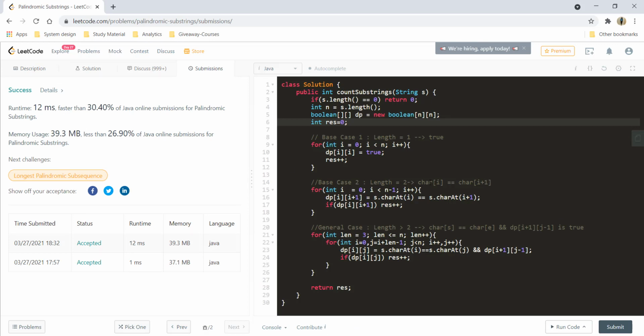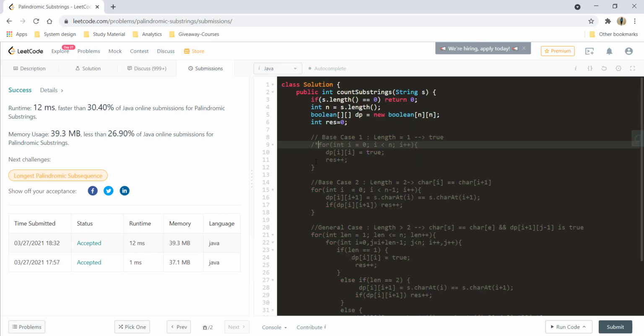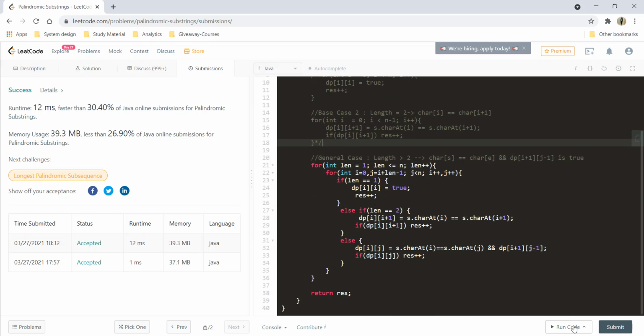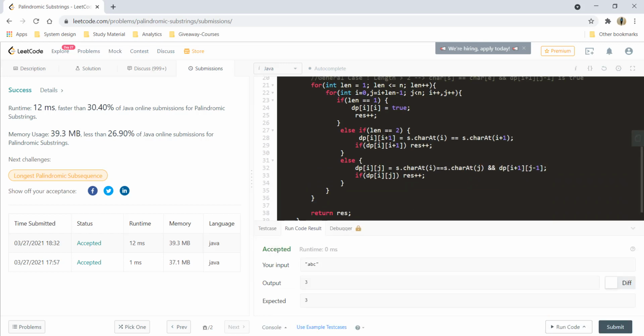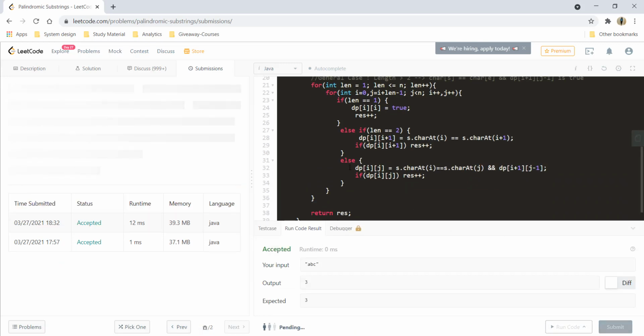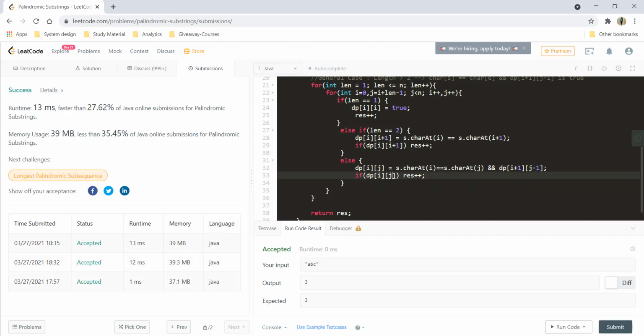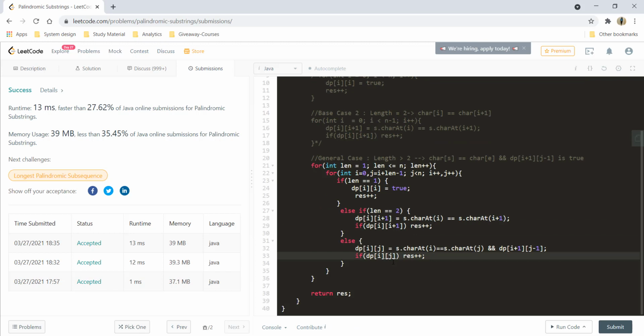The time complexity, as we talked about over here, is O of n square, and the space complexity is also O of n square. The only thing that you can do for this is, instead of writing these two loops, you can actually combine all these into this particular loop. Let's comment this out and run the code, and it's giving a perfect result. You can submit this one also and it would be submitted. It's just combining the loops into one.